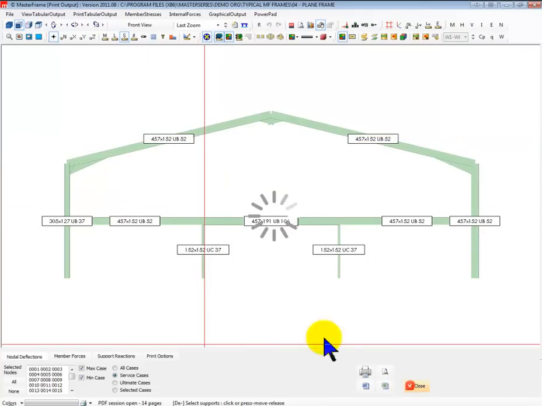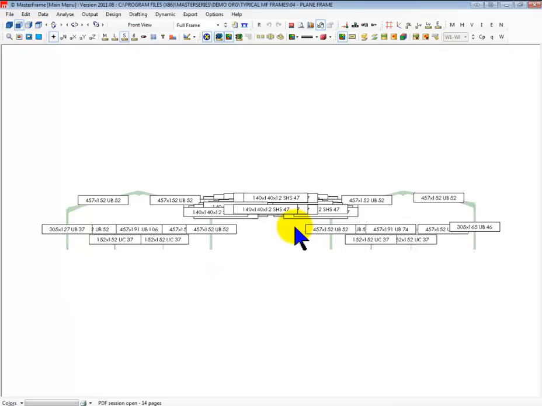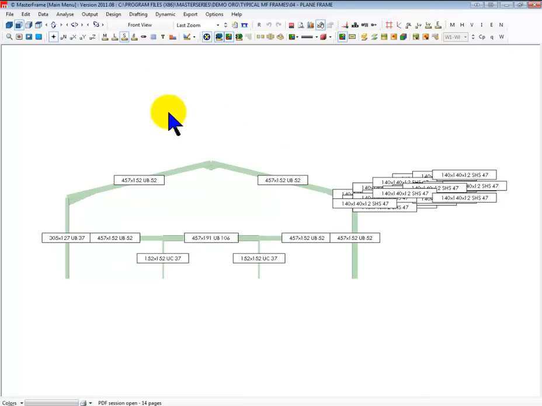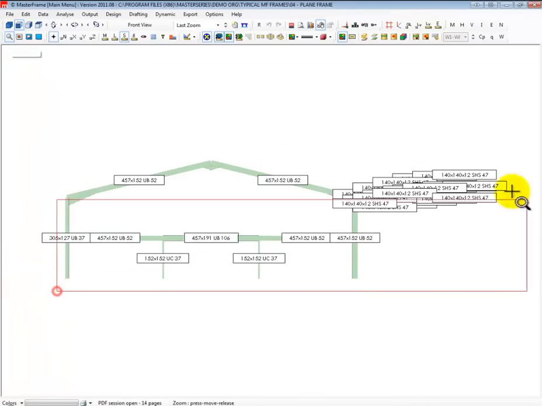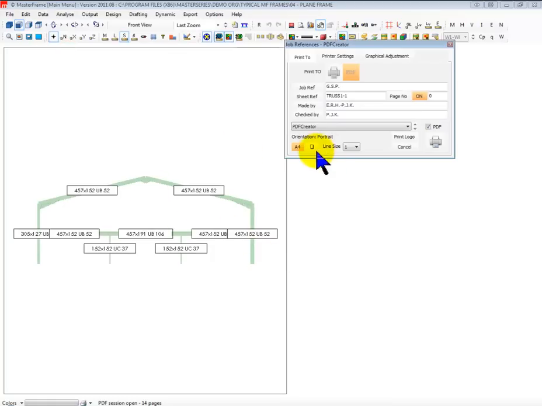I'll close that, and just in case I'll just take a full frame. So back out the full frame. That's a bit much. I would probably go for half the frame, since it's asymmetrical-ish. That's still far too much. So I'll just take that with the graphic and go data, print, landscape,